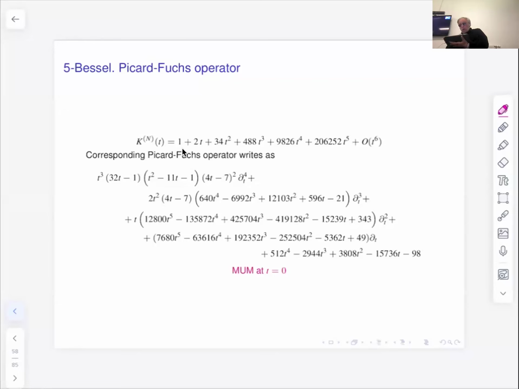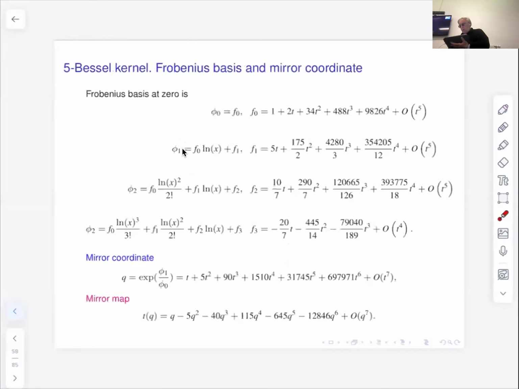So for our Bessel kernel annihilation operator, we can write the Frobenius basis. This Frobenius basis starts with an analytic solution, and this analytic solution has integer coefficients, and then a logarithmic term for phi 1, and f1 has rational coefficients, as it was for Calabi-Yau. Then for phi 2, you have a logarithmic square, and of course,